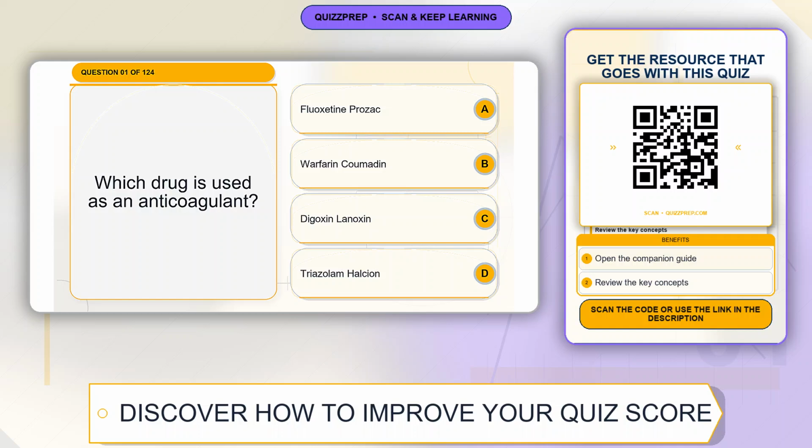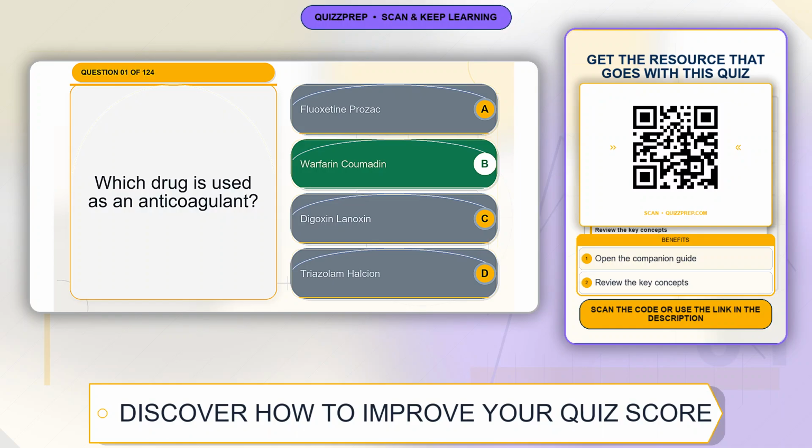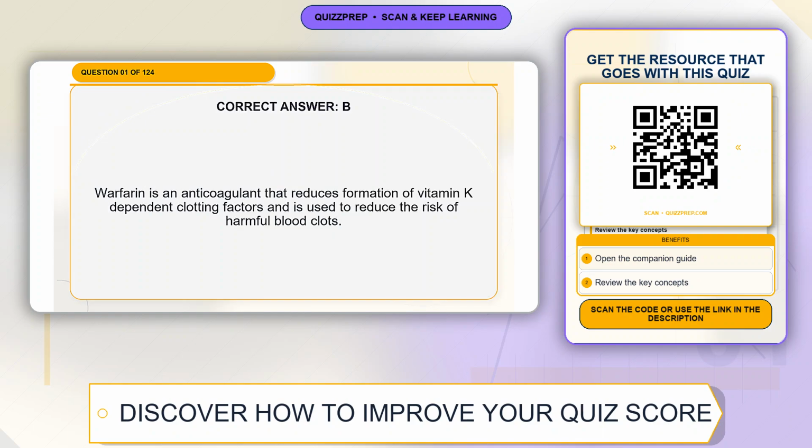Question 1. Which drug is used as an anticoagulant? Option A, fluoxetine (Prozac). Option B, warfarin (Coumadin). Option C, digoxin (Lanoxin). Option D, triazolam (Halcion). The correct answer is option B, warfarin (Coumadin). Explanation. Warfarin is an anticoagulant that reduces formation of vitamin K-dependent clotting factors and is used to reduce the risk